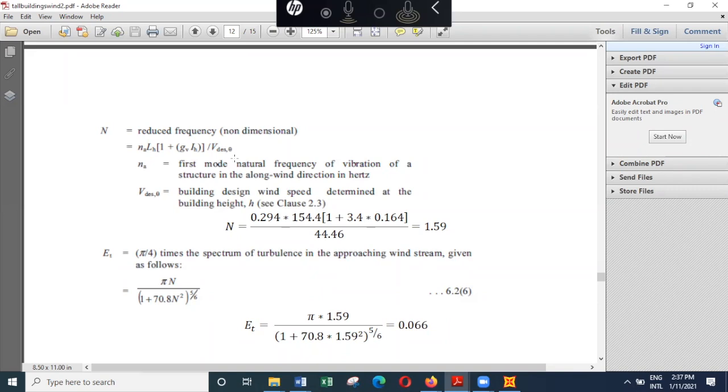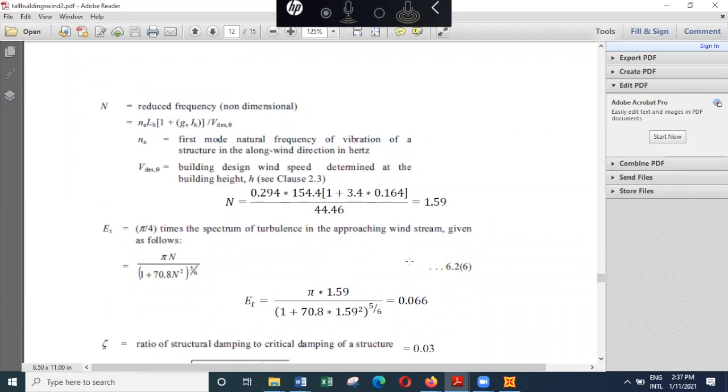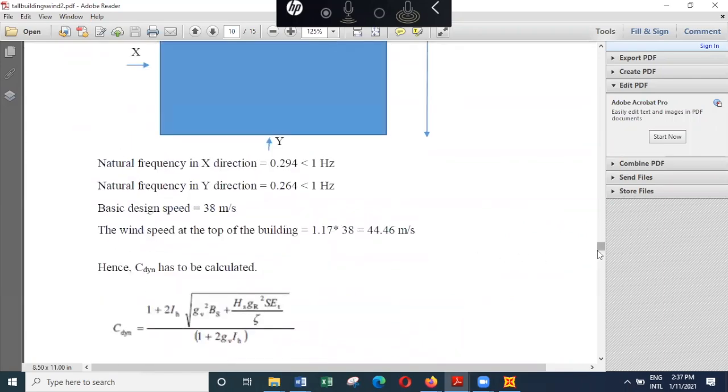And then when you substitute for ET, that is this equation, you will end up with 0.066. Then the other important parameter that we have to determine is the damping,